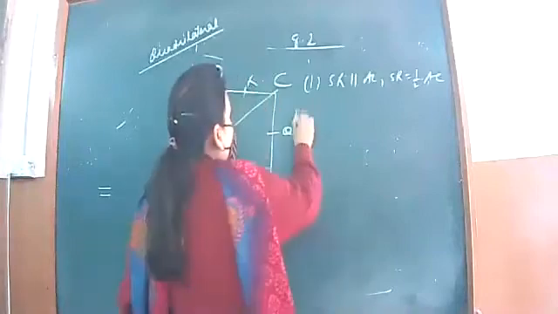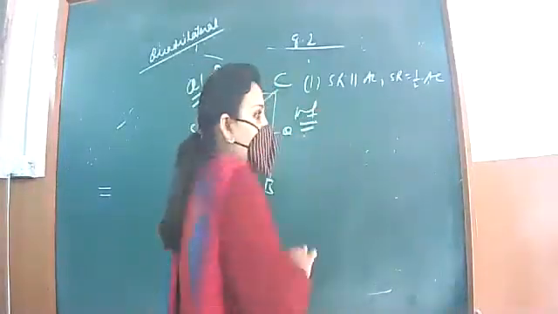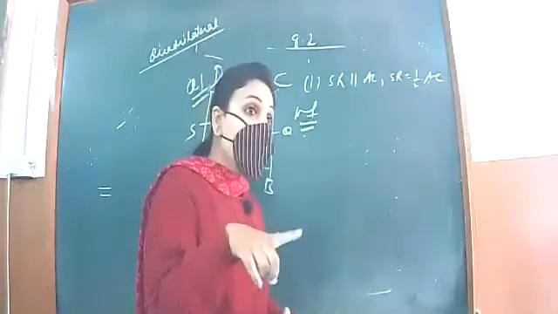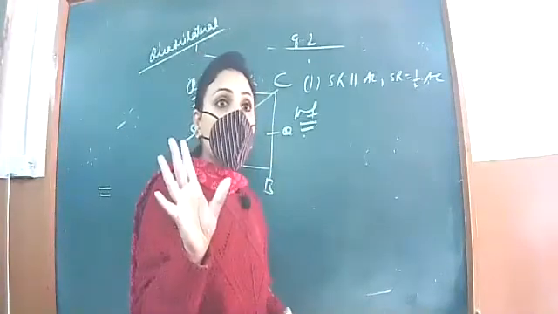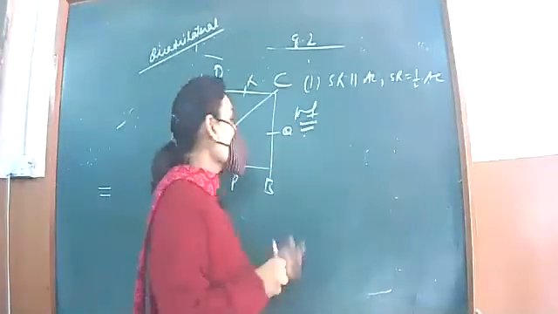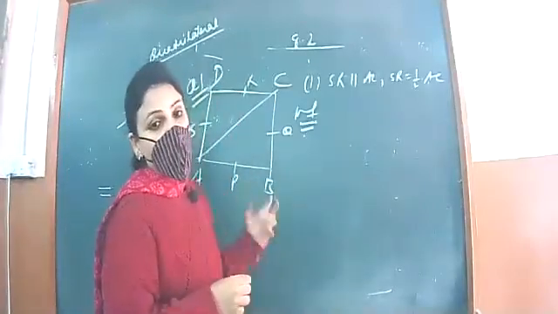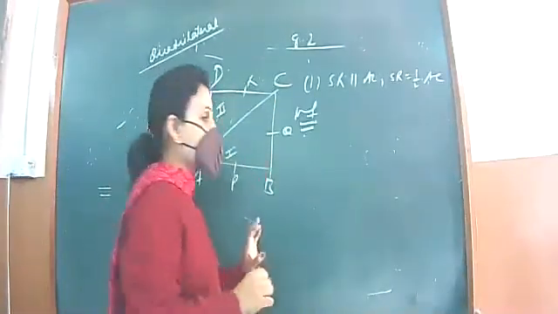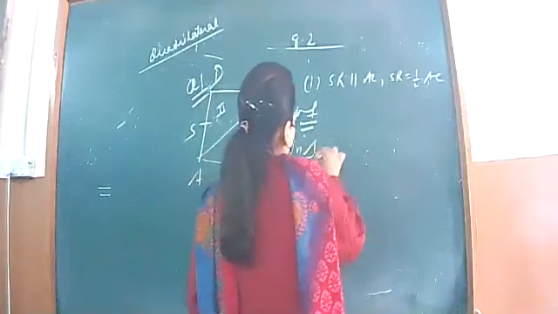One thing you have to remember, that the midpoint theorem holds in a triangle, not in a quadrilateral. We have to apply the midpoint theorem in a triangle, not a quadrilateral. So we have to see the two triangles. You can see very well. One is ABC, another is ADC. Let us start. In triangle ABC,